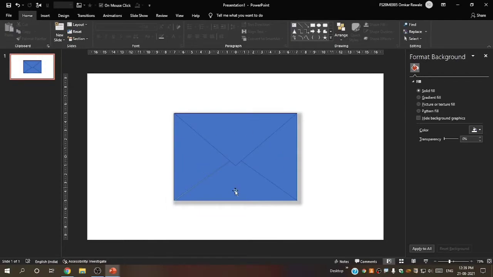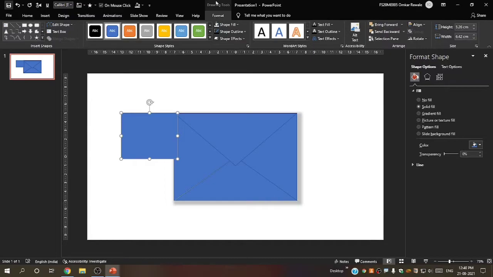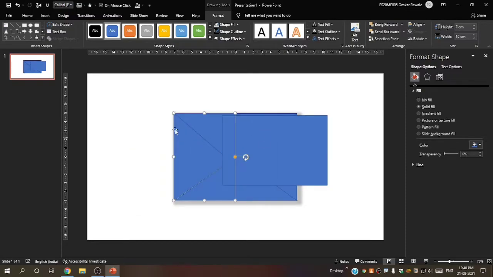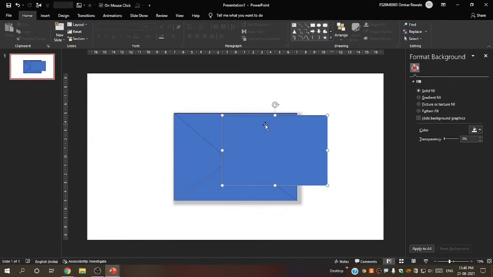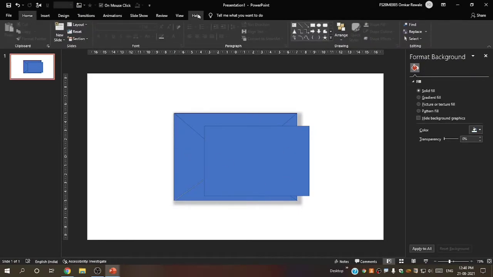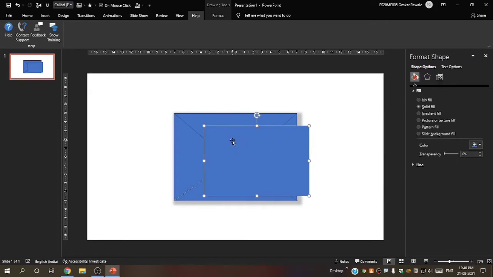So now let's make the letter inside this. I will select a rectangle. In format, let's make its width 12 centimeter and height 8 centimeter. I have just decreased the size of this rectangle by 2 centimeter. The size of our envelope rectangle was 10 and 14 respectively, so I just decreased this by 2 centimeter, that is 8 and 12 centimeter respectively. Now let's bring it in the middle.